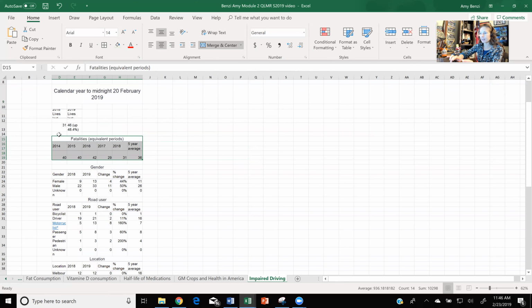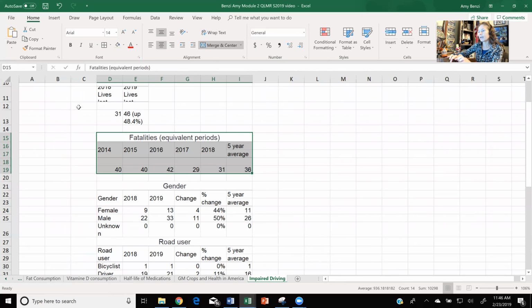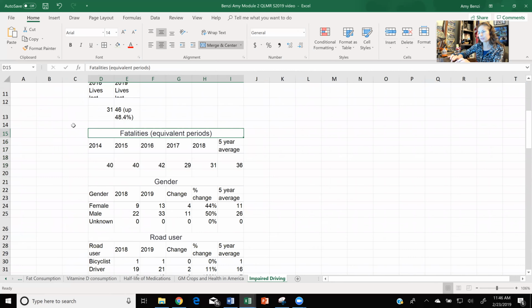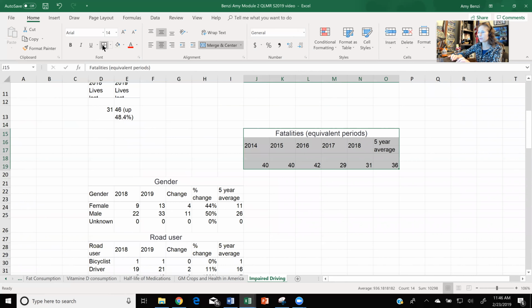I know you guys want this bigger. I have my thick white cursor in the top cell. I only had one click. If I double click and I have that, it will not work. So one click, hold it down and select all of that, and then I can just move it right over here. You guys are going to put some borders on it